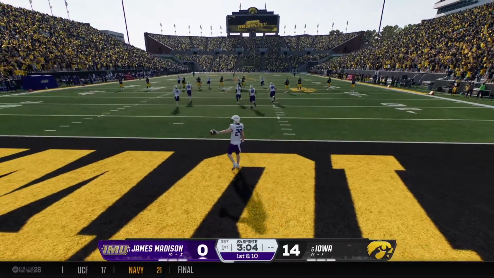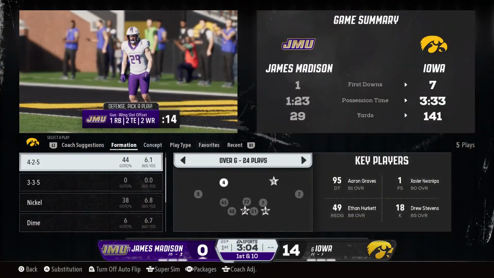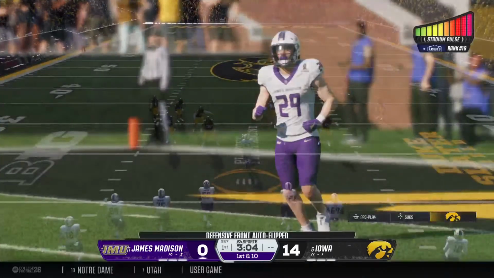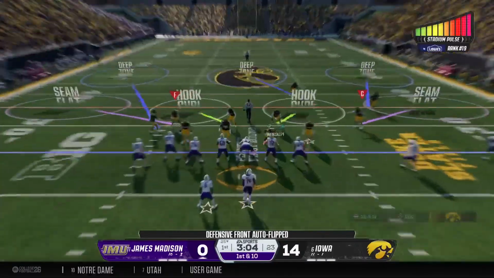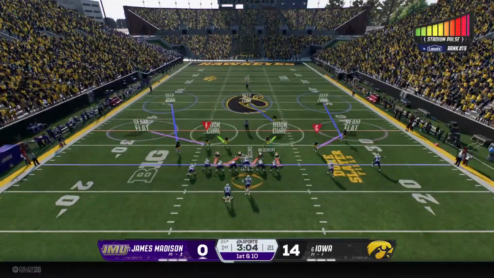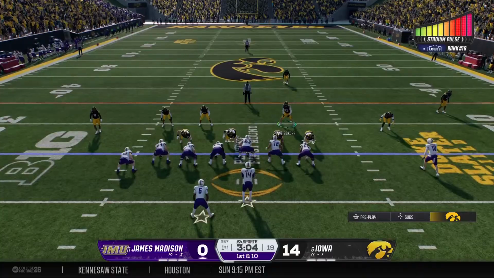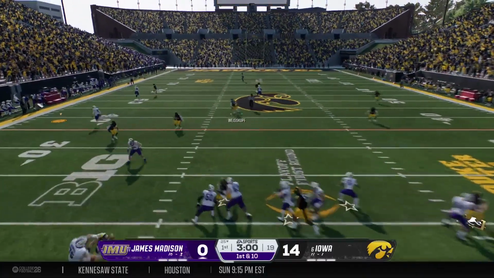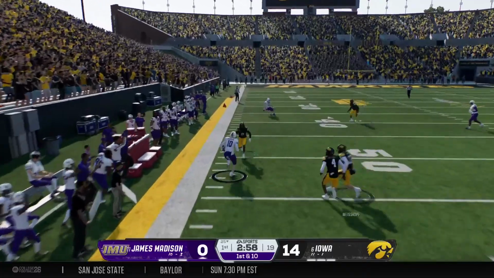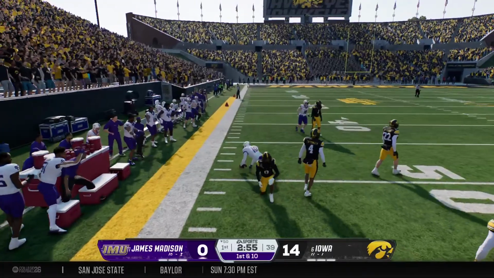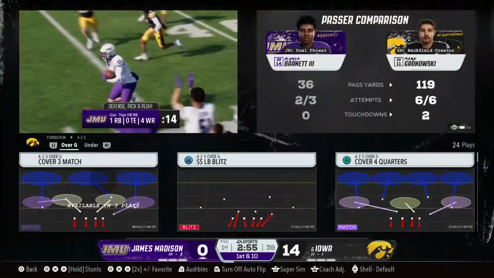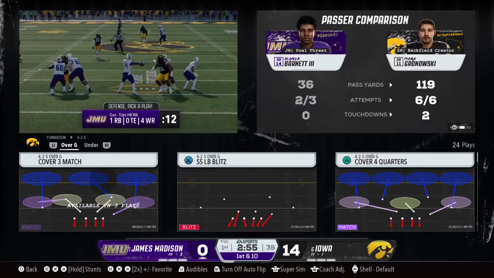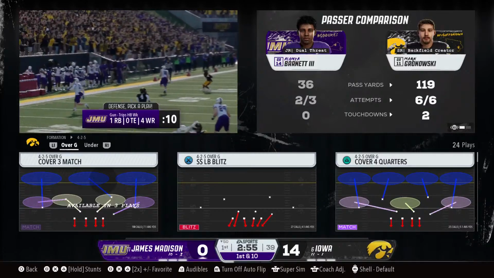Well, he thought about coming out, but instead takes a knee and will bring the football to the 25-yard line. On the first play of the drive now from the 25. Off the play fake on first down. The pocket breaking down. What a catch! He's brought down, but an explosive play for this passing game. The receiver does all the work here. Man, that is easy living for this quarterback.